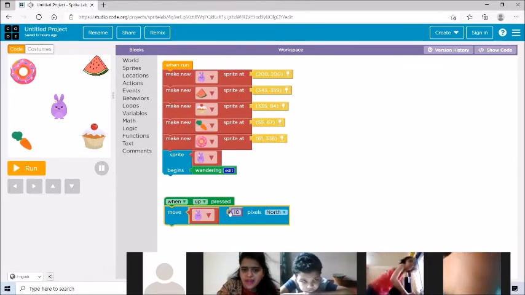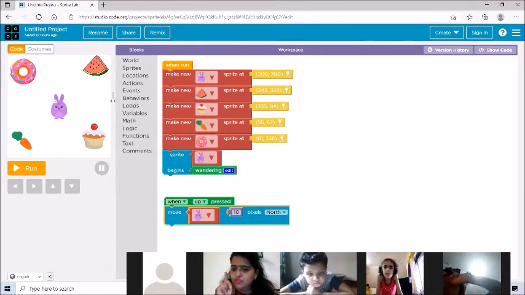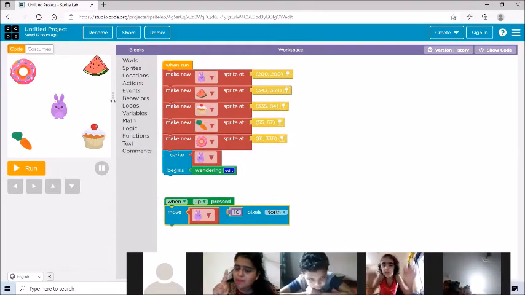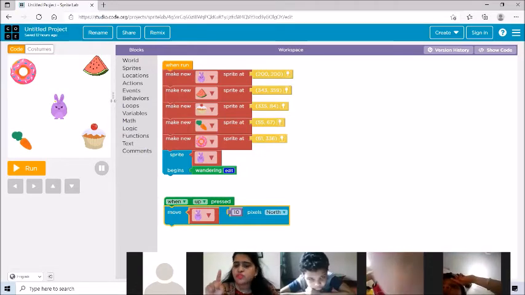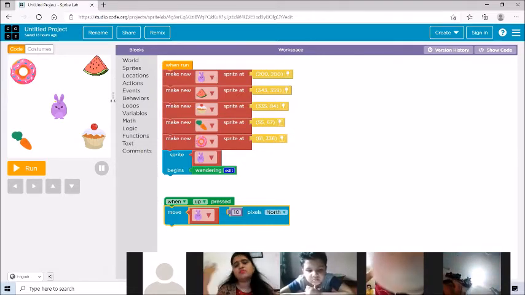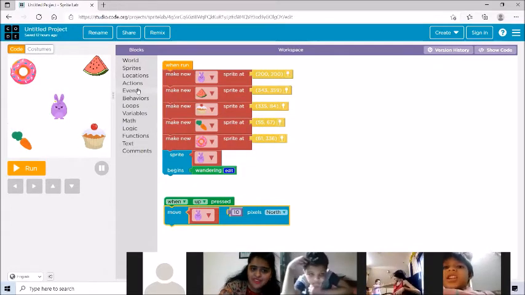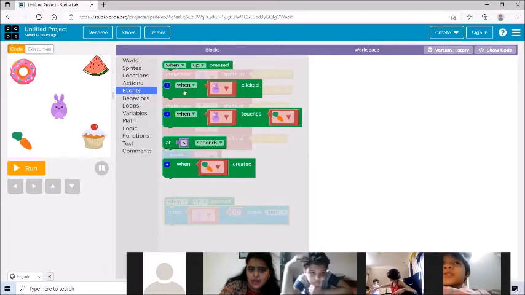Okay. And again, this code we'll be making 4 times: one for using the up arrow key, one for the down arrow key, one for the left arrow key, one for the right arrow key. Again we will take the same block. We'll go on events, when.